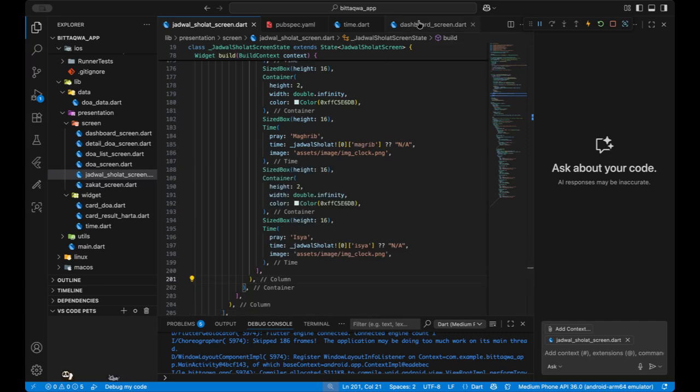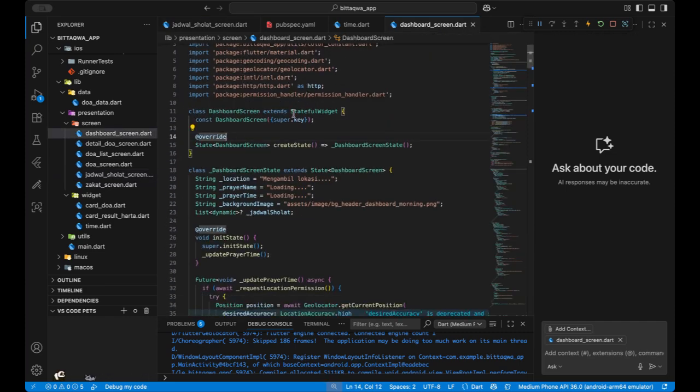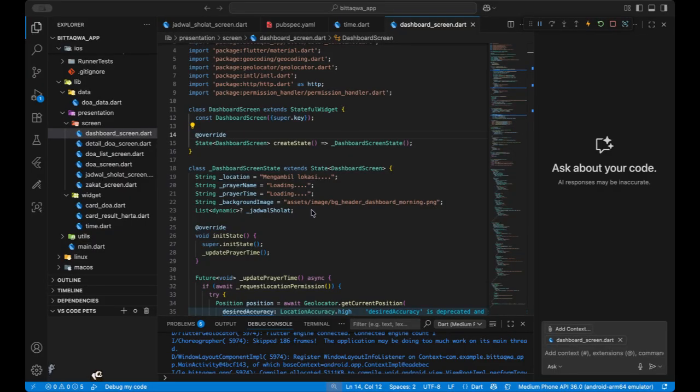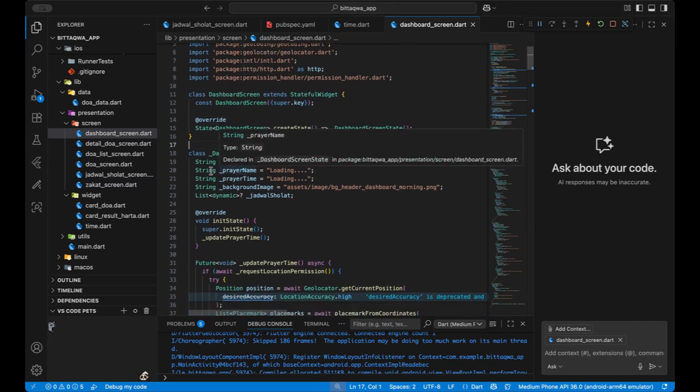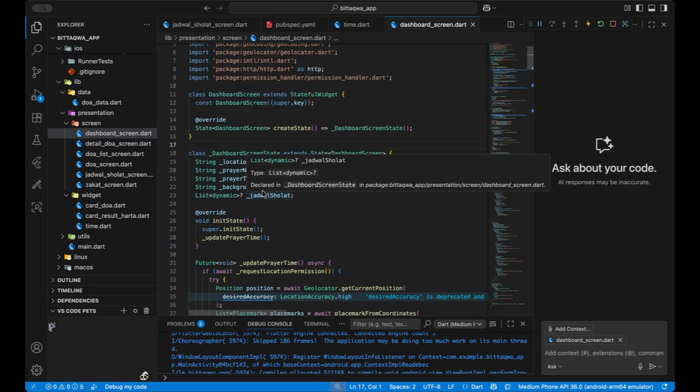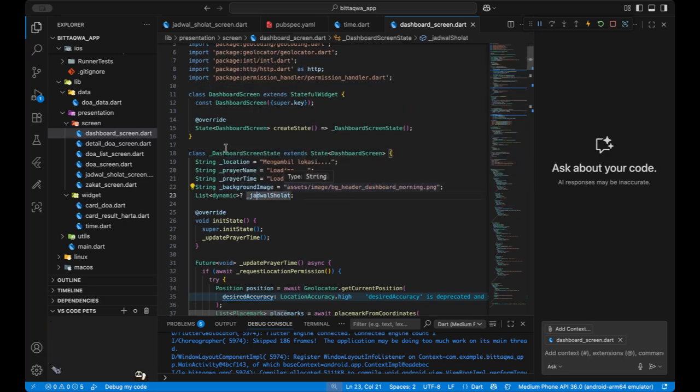And right now I will also explain the dashboard screen. Here there's a string location, string prayer name, string prayer time, and string background image.